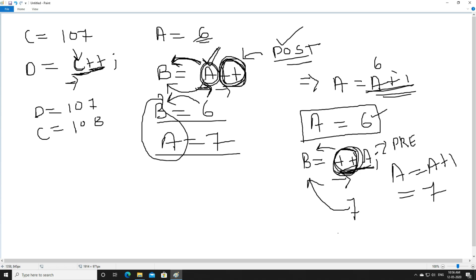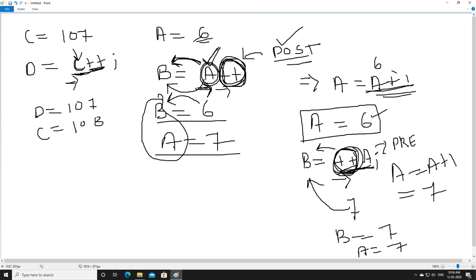So in both cases, you can see b will be 7, and a will also be 7, right? So this is called pre-increment. In pre-increment, first we increase the value, then we use the value. But in post-increment, first we use the existing value, then we go for the increment. So please be very clear with this difference.